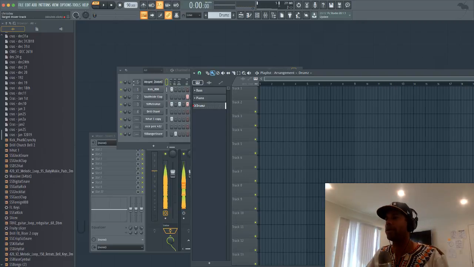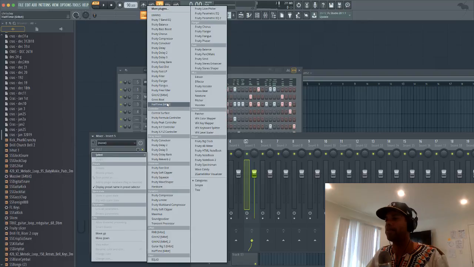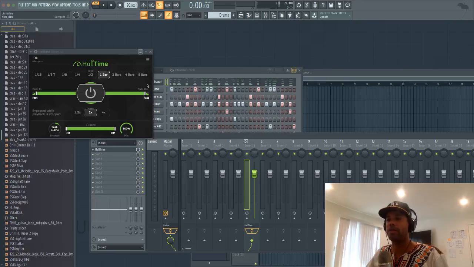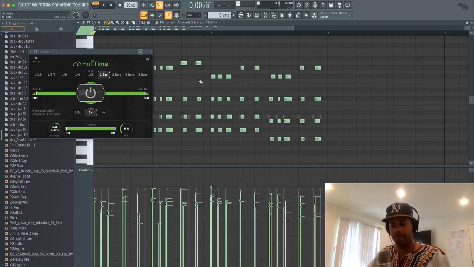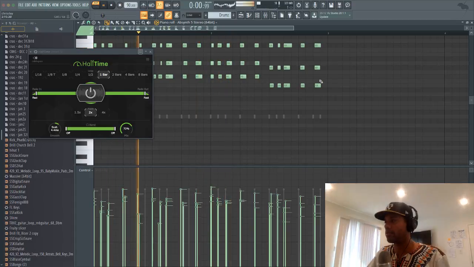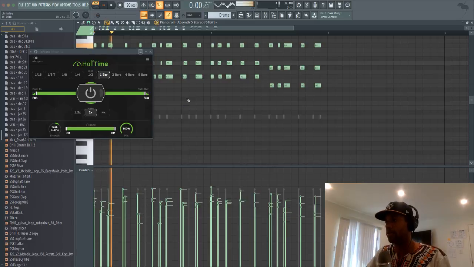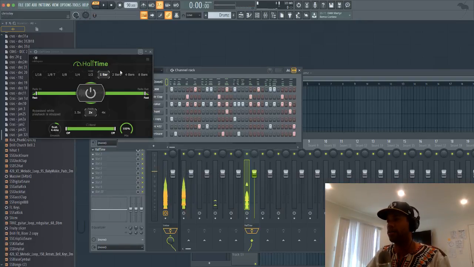what am I trying to show you? Oh yeah, the halftime or grow beat. How do we make the melodies more interesting? One thing we can do easily is put halftime on it. A lot of times if you use halftime, you're going to have to move the whole entire beat up an octave. Okay, let me show you a better example of that. I'm going to move it back down, and then